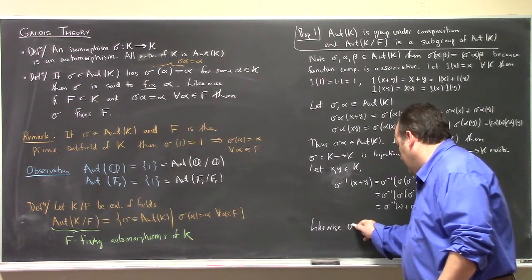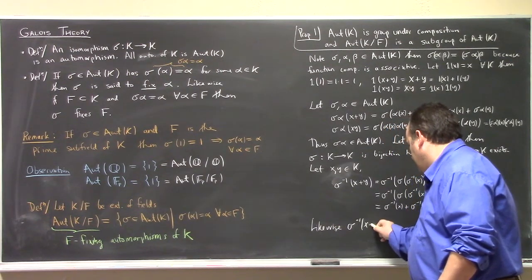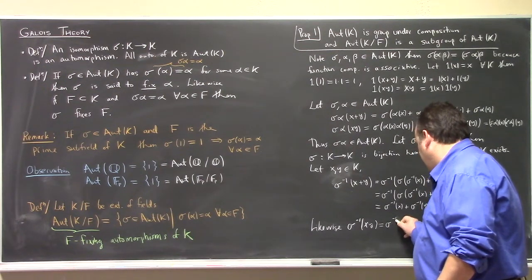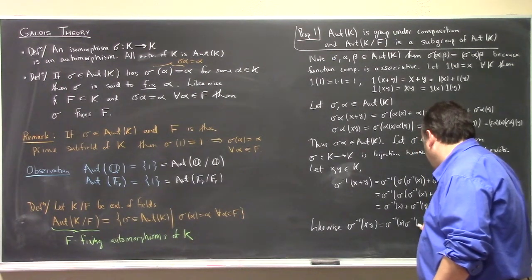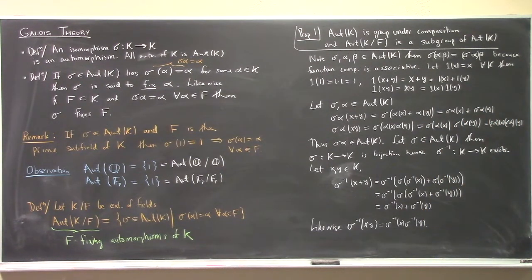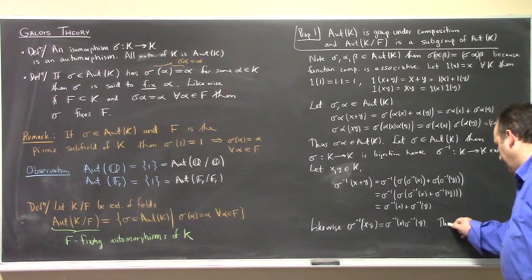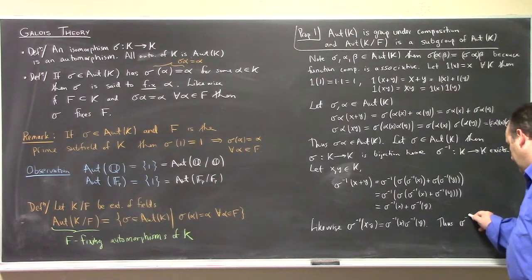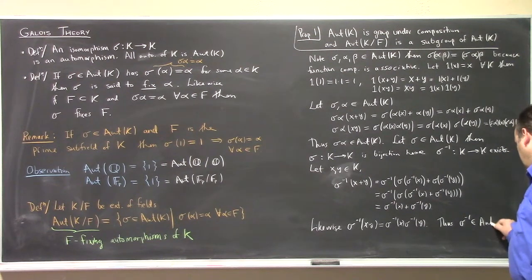Once you see this, you know that you can do the other one, right? By essentially the same song and dance I just did here, exploiting the multiplicativity of sigma transfers to multiplicativity of sigma inverse. And then the fact that sigma sends 1 to 1 immediately tells me that sigma inverse sends 1 back to 1, because it's just the reverse of the sigma map. So anyway, therefore,